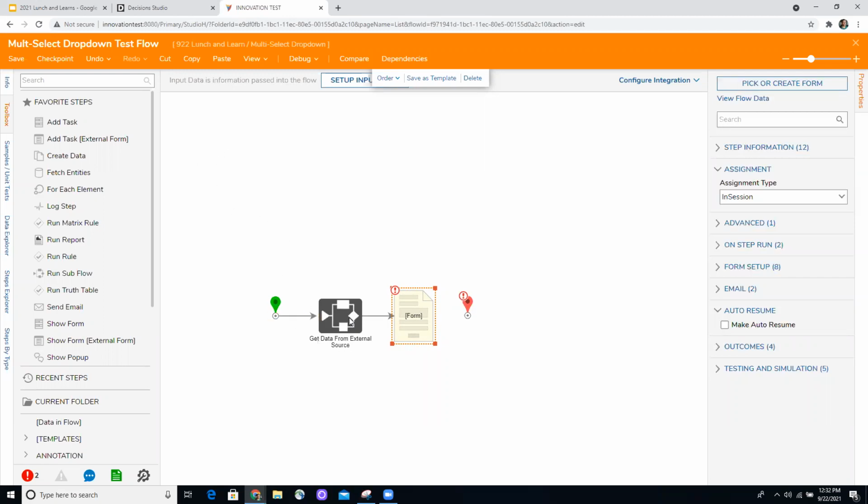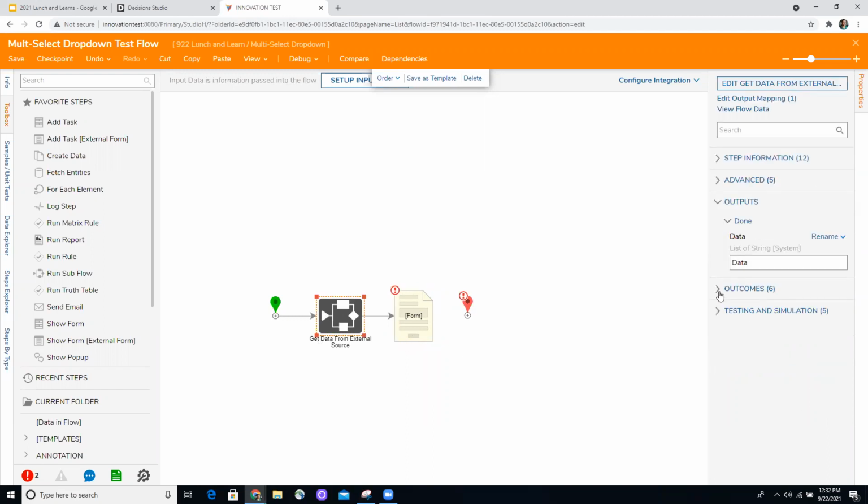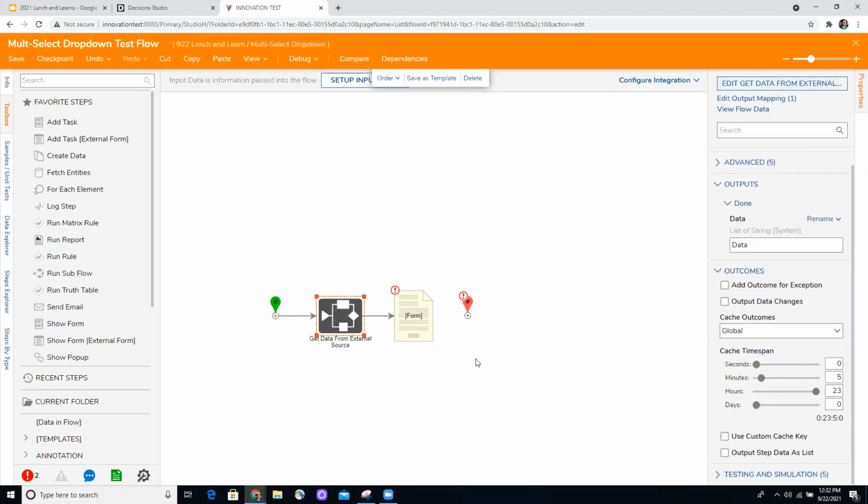So in the morning time, it would run this flow, grab the data, and then whenever you did it within that 24-hour period or that specified time span, because you may want to do this twice a day. So it's all variable. You have control over that, as you saw here with the cache time span. But it'll bypass that and allow you to not see the performance hit. And I think there's a few other ways we could look at some optimization, but I would try that first as my primary way of troubleshooting that.